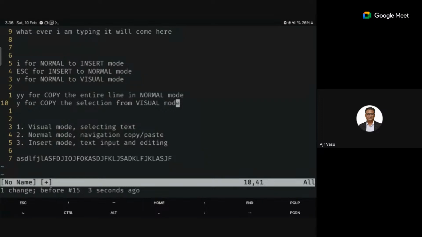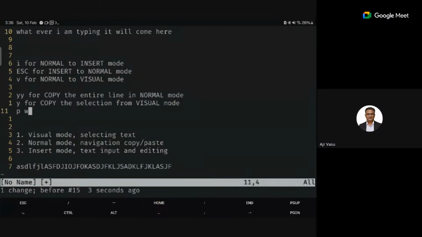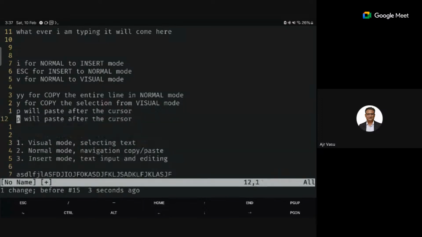Okay, simple Y will copy it. And I'm using capital P. Okay. Yeah. It will paste before the cursor.